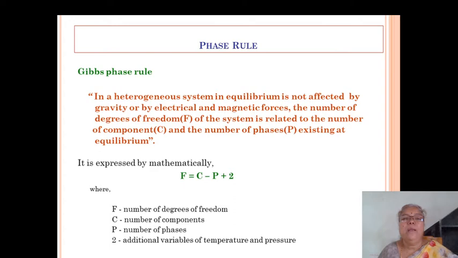And while observing, we see that there are two separate layers. That means in the test tube we can see two liquid layers. Here the CCl4 layer and water layer, and these two liquids are separated by a phase boundary, and depending on this we can define any phase